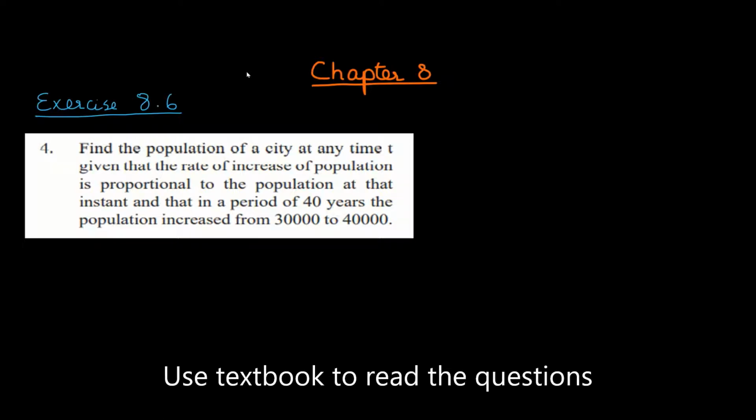Hello everyone. Today in chapter 8 we are going to continue with exercise 8.6 which involves application of differential equations to growth and decay problems. The first three sums were done in the previous lecture. The fourth question now. Find the population of a city at any time t given that the rate of increase